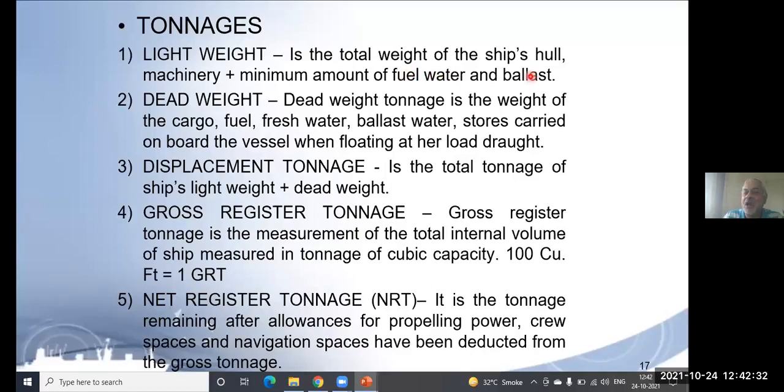So fuel, water, and ballast, all these things together, it is given by the shipyard as it is given by the manufacturer of the motorcycle: lightweight. Is this understood nicely? Because these concepts you should not forget. If you are going to be working in shipping, all this should be known to you at your fingertips. So lightweight is an empty ship with minimum amount of fuel, water, and ballast, and machinery and complete body of the ship with all the equipment. So this becomes the lightweight of the ship.